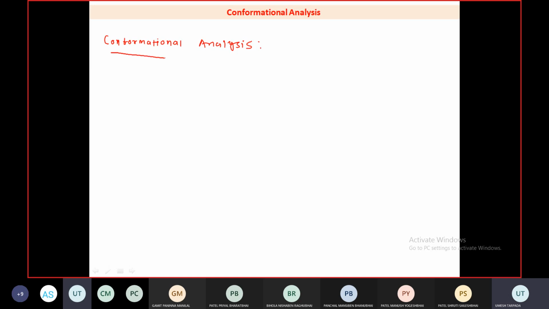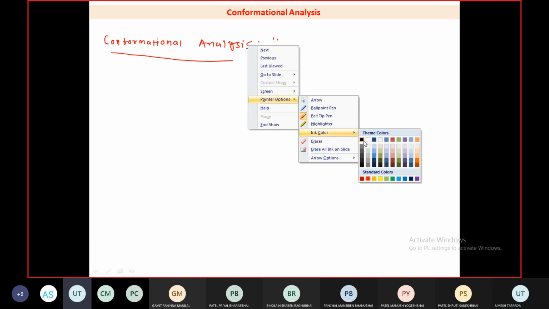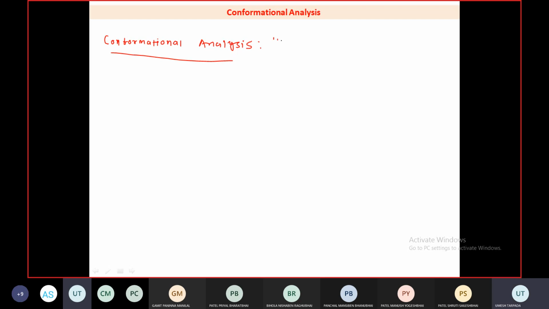So see, conformational analysis is a type of analysis by which you get an idea about the different energies associated with different structures. So you can predict which structure is actually more stable. So how to define conformational analysis? Conformational analysis is the study of